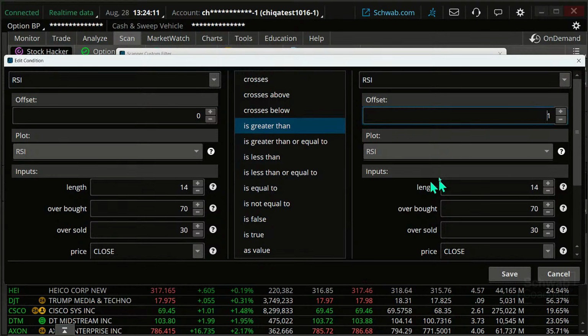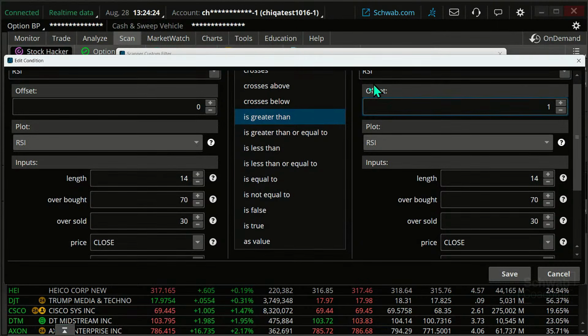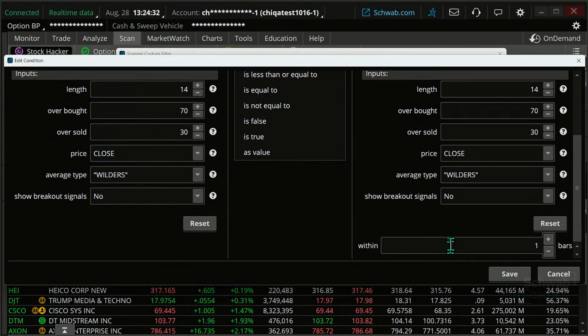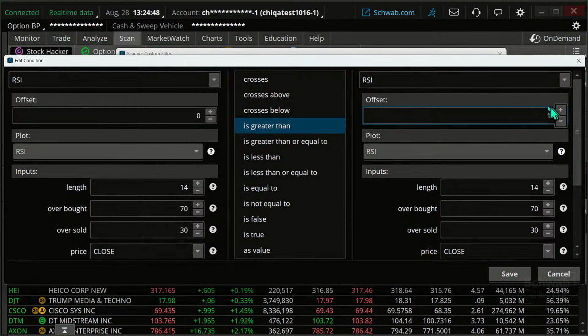And now, here's your RSI. Standard length of what we typically use on RSI is 14. You can change that if you want. You can tweak these if you want. And notice the difference here. This offset is saying, looking at yesterday's value. That is different than on the other one where we said within 3 bars. We're not looking back to see that the RSI was sloping up within the last 3 bars. I want the RSI to currently be sloping up. So I'm not touching this one down here. I'm using this one, this offset.